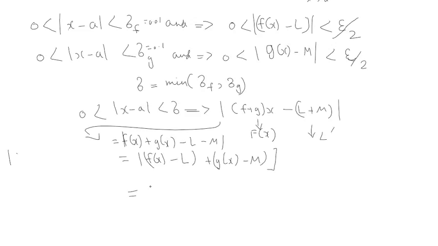But what I need you guys to understand is this rule over here. This is known as the triangle inequality. It basically suggests that the absolute value of a plus b has to be less than or equal to the absolute value of a plus the absolute value of b, right? So if we try to apply this over here,